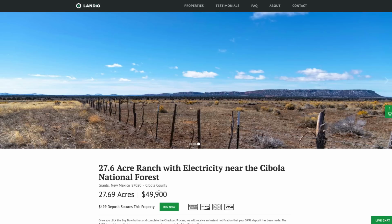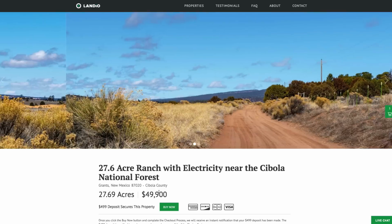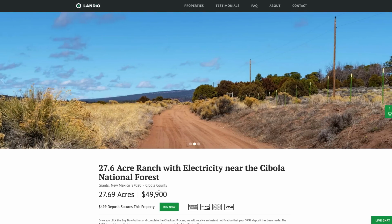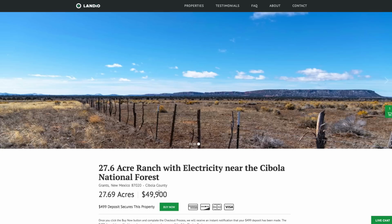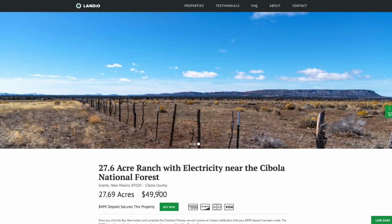Your $499 deposit is then credited towards your purchase, and we cover all of the closing costs. There are no other commissions or fees. We make the whole process super simple, and it can be completed in as little as a day. The remaining balance may be paid by wire transfer, cashier's check, ACH bank draft, credit card, debit card, or any